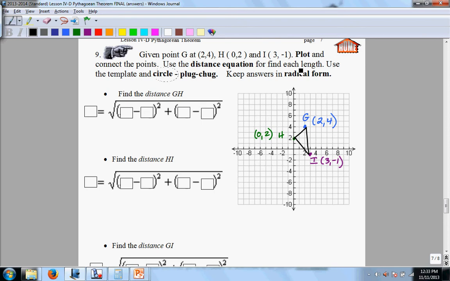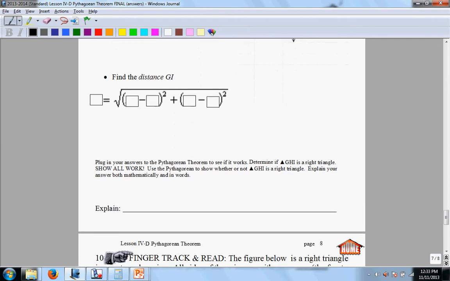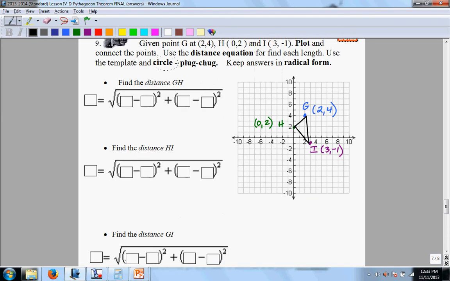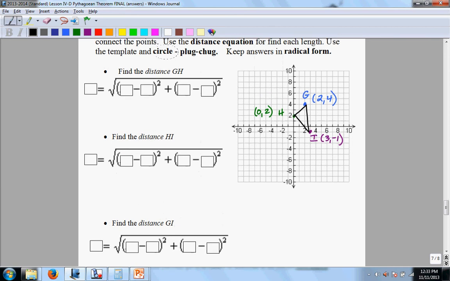We want to use the distance equation to find each length. Use the template and then circle, plug, chug. So we're going to use the distance equation. Then you're going to be plugging in your answers to see if it works to determine if this is a right triangle. So I will show you how to do the distance equation. Keep your answers for just G to H. So for G to H, the distance equals,